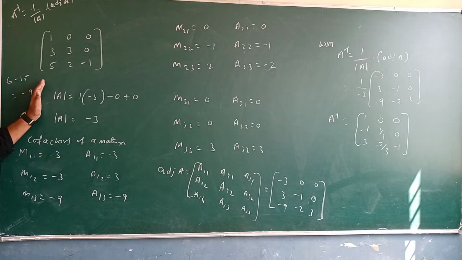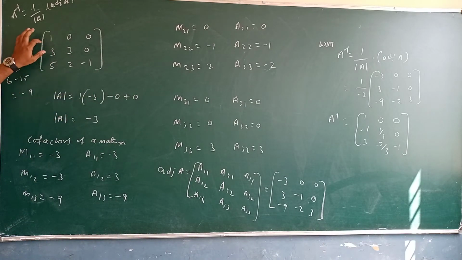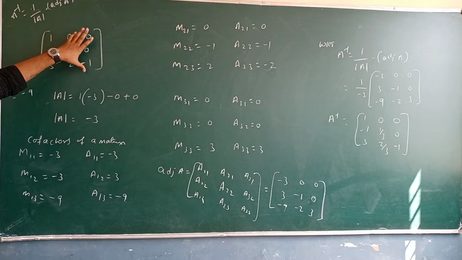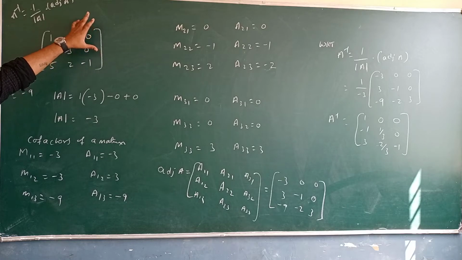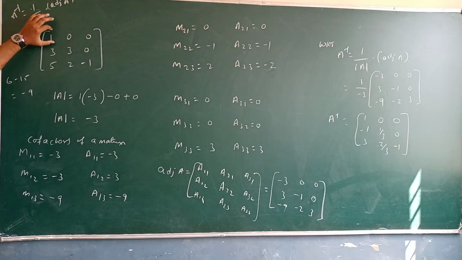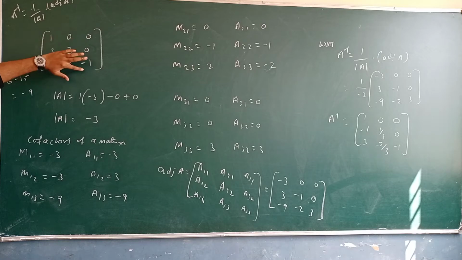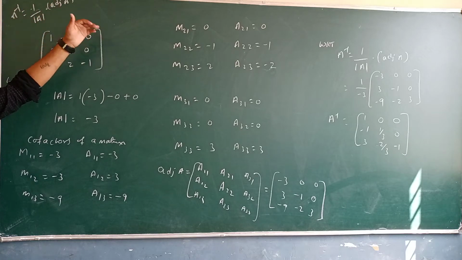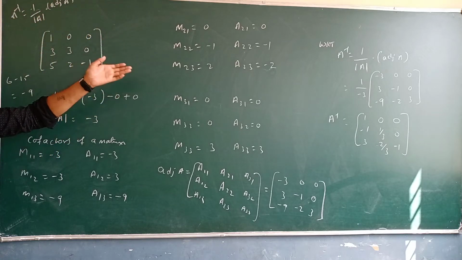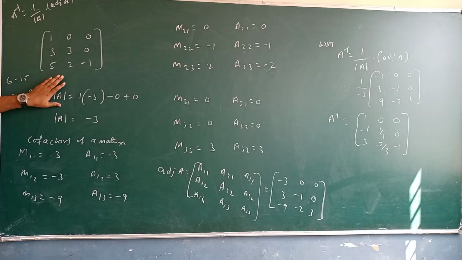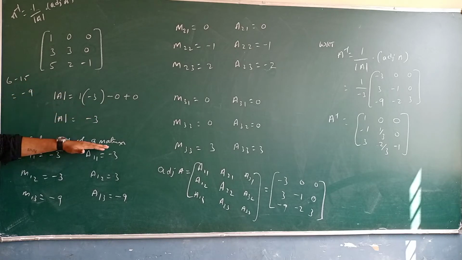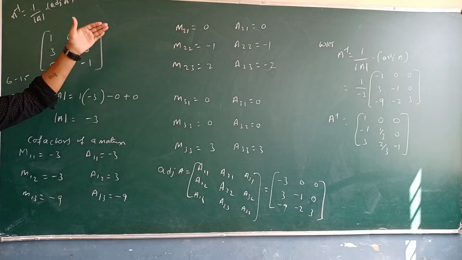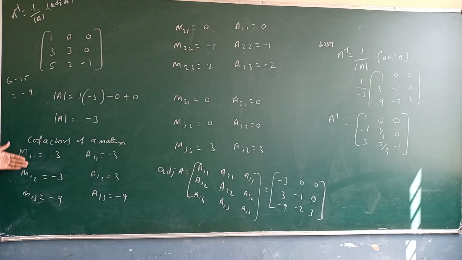First we need to find the determinant. We expand with row 1, or you can expand with column 3, because column 3 contains the maximum number of zeros. In the first row R1 we have two zeros, and column 3 again contains 2 zeros. We can expand along R1 or any one of the columns, but we need to choose the one with the maximum number of zeros because the calculation reduces. So the determinant of A is equal to minus 3, and we have found it with the cofactors. You can easily find the cofactors as usual.